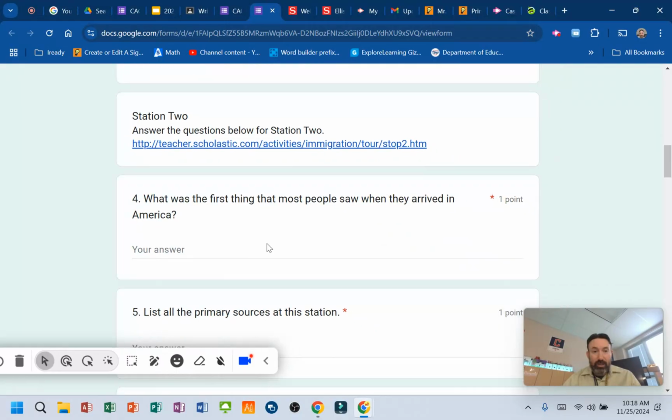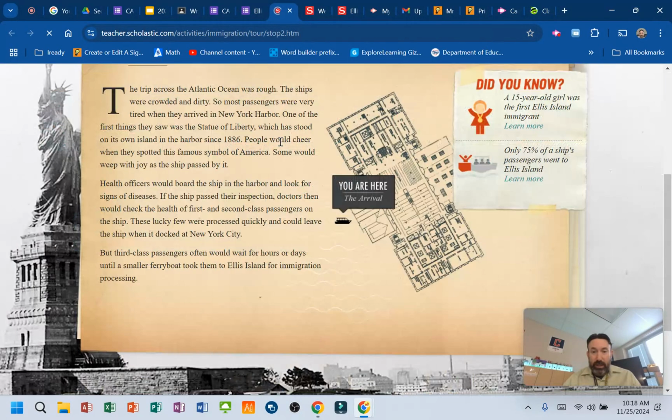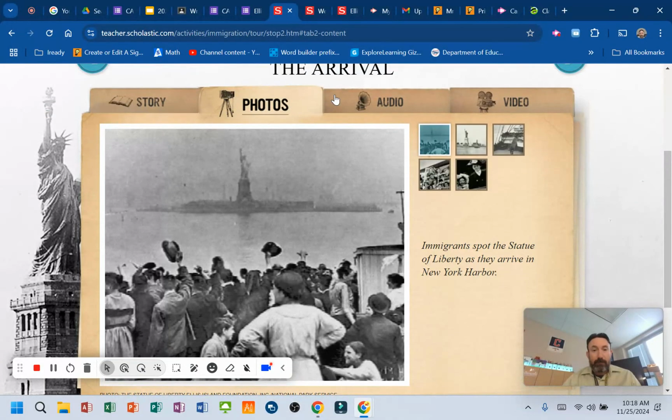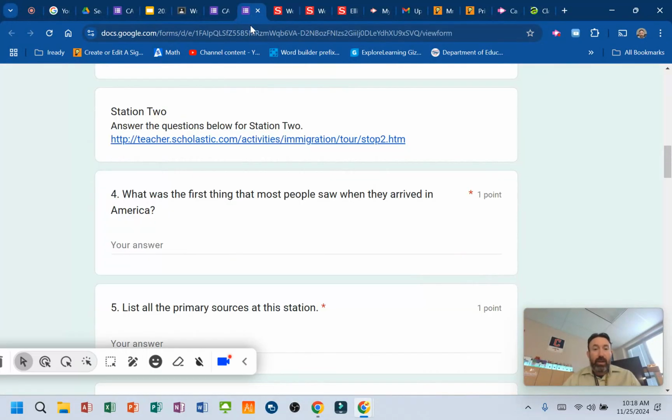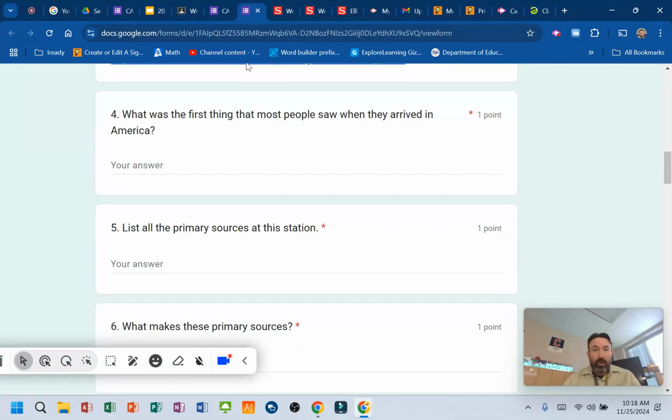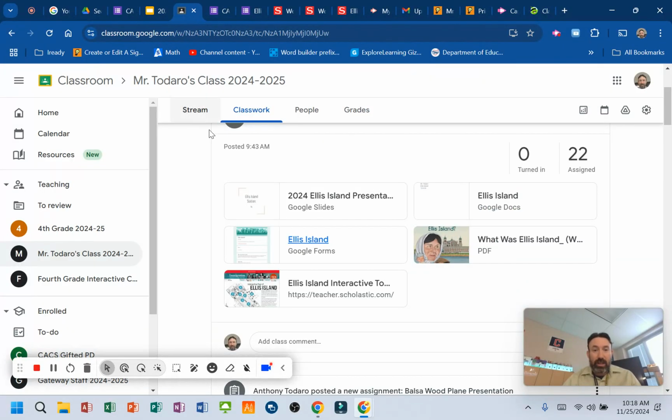Then you go on to Station 2. You're going to click the link. It's going to take you right to Station 2. It's got photos and audio and video, and then you're going to answer what you learned about Station 2. So that's what I want you guys to work on. And this is just the initial